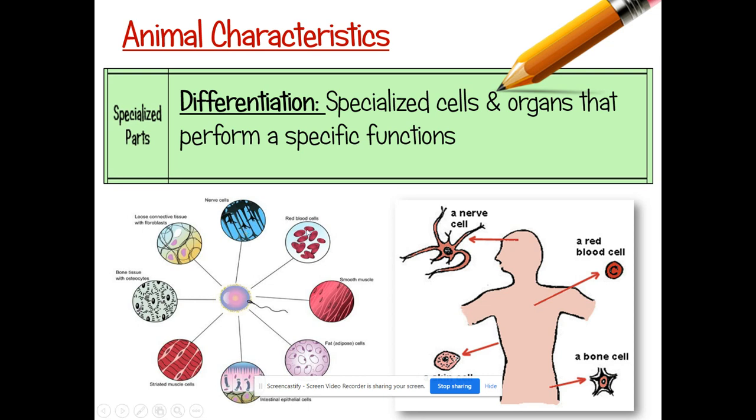Our red blood cells are like a disc shape, and they're purposely shaped like that so they can flow quickly through our bloodstream, through our veins, and they also need to carry oxygen. Our muscle cells have a long shape so they can contract, and they're also full of mitochondria.